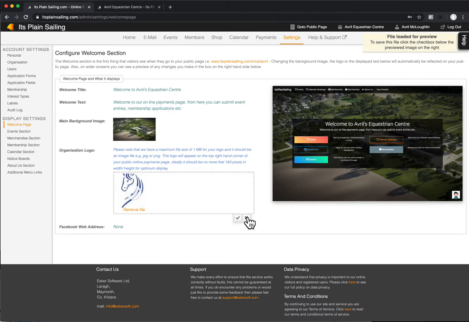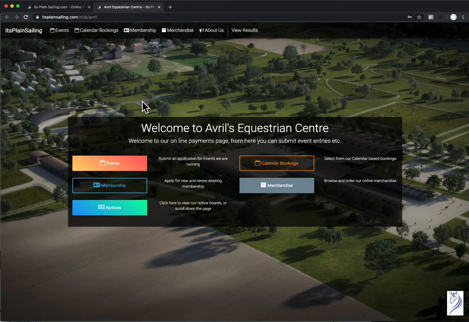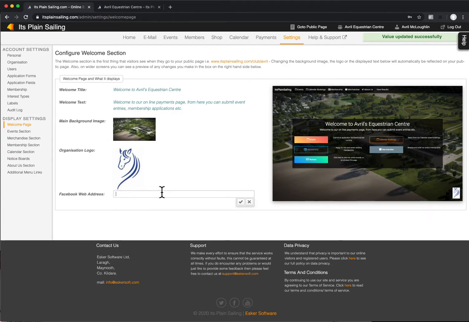Again, click edit on the field, drag and drop. When the file has been uploaded, you click the checkbox, and now you'll see that the logo over here has changed to reflect that. You can also, if you have a Facebook link,